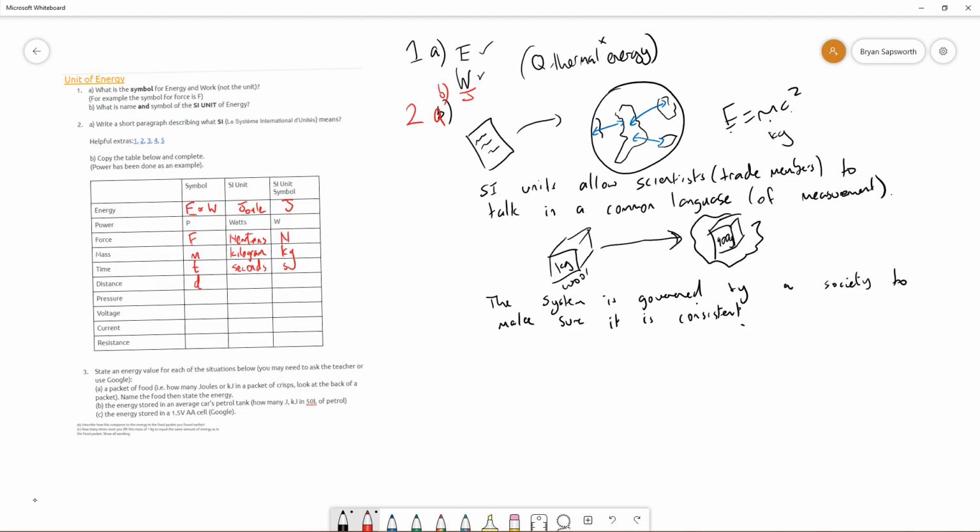Distance, we'll use d this year, and that is in meters, small m. Pressure, so it's P, and when you look at this one, we're going to be using Pascal, okay,